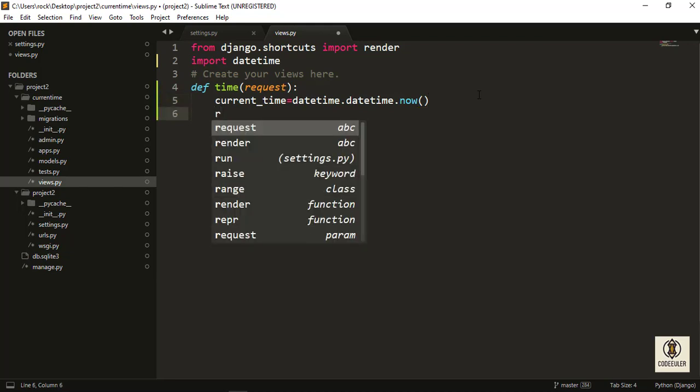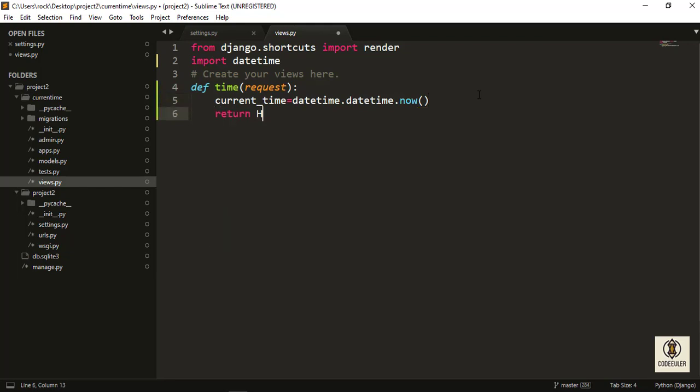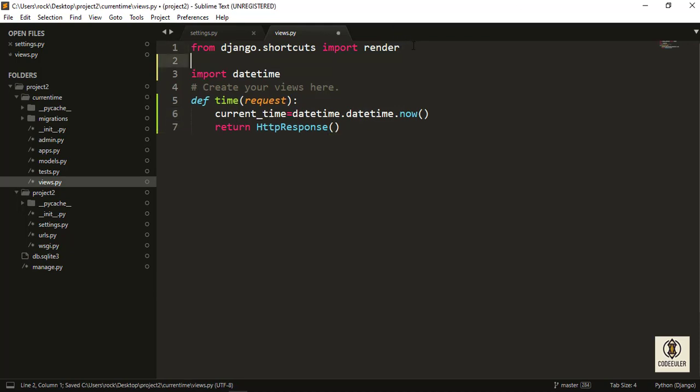And return HttpResponse. HttpResponse will display the output for the end user in the browser. So again I have to import HttpResponse.